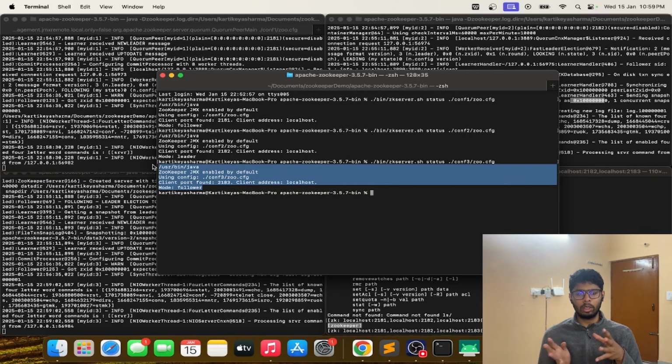So now we are able to make a whole setup where 3 servers are running and communicating with a client. This is it for the video. In the next video, you are going to see Zookeeper data modeling, and that is going to be the most important video of this whole Zookeeper series, because there you are going to see some commands of the Zookeeper client and understand some of the most important concepts. Okay, thank you so much and bye bye.